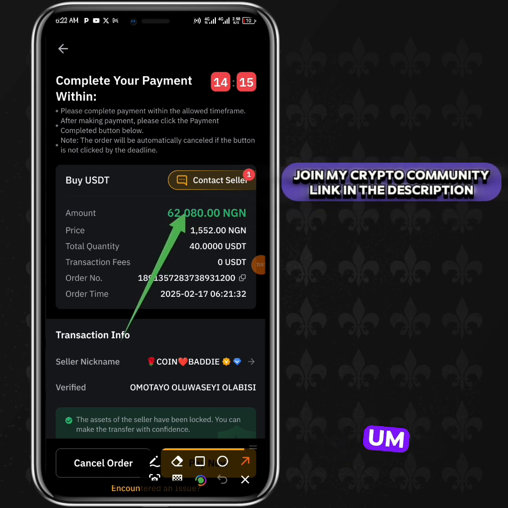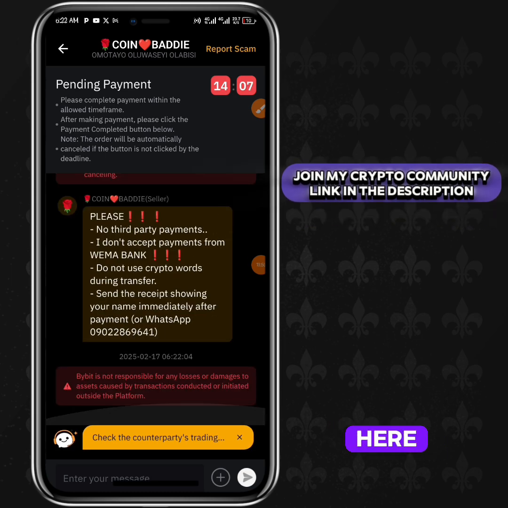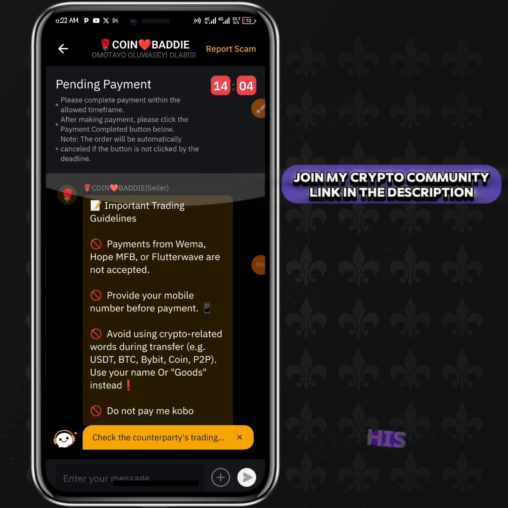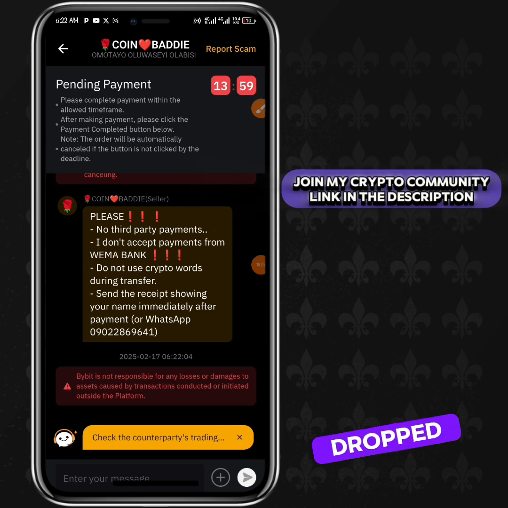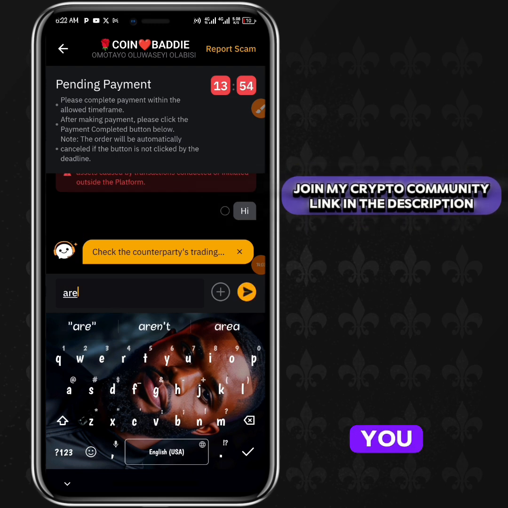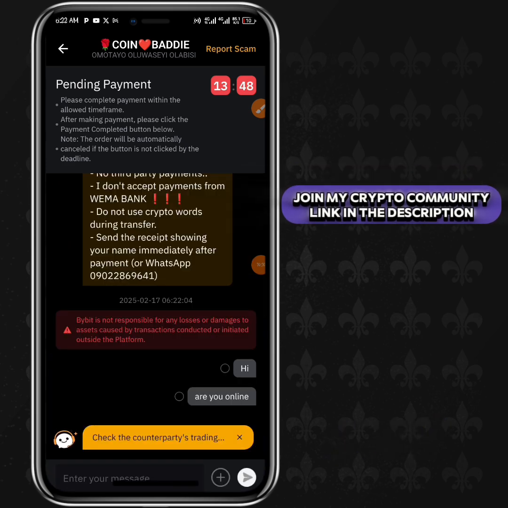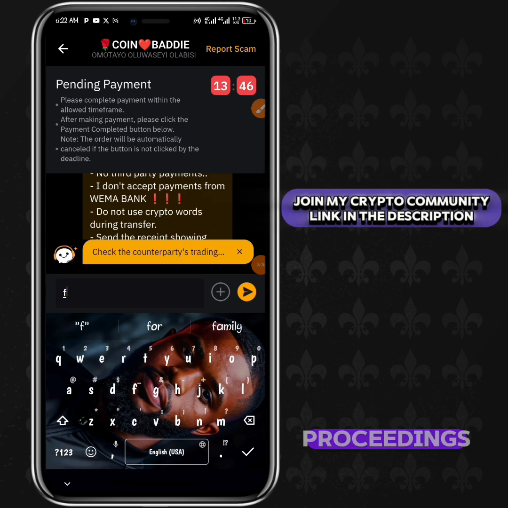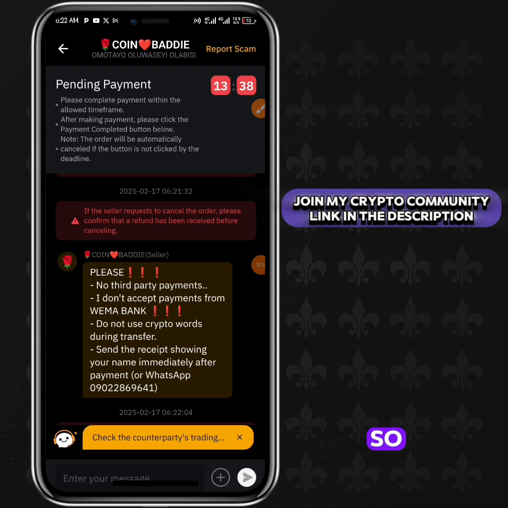Click contact seller. So why are you doing this? You are doing this because you want to know the terms and conditions of this seller. So here you can see his details. He said from here, the last one he dropped, you can just ask him or say, hi, are you online? Just to be sure he's online, right? For proceedings, I like to do this a lot because it helps me. Okay, so you can just read this